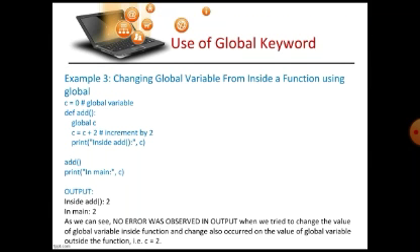We studied how, by using the global keyword, we can access any global variable from inside a function. If you don't use the global keyword inside the function, that variable will be treated as a local variable. If you use the global keyword, then that variable is treated as a global variable, its value can be accessed and changed inside the function, and the changed value will be accessible outside the function also, in the main code. This we have seen in the previous video.